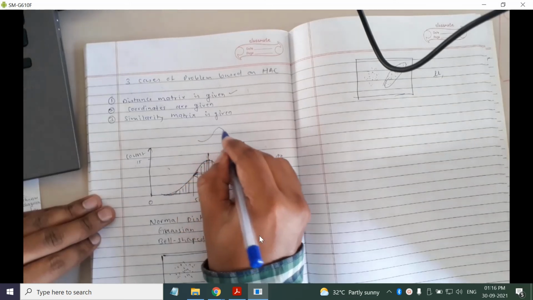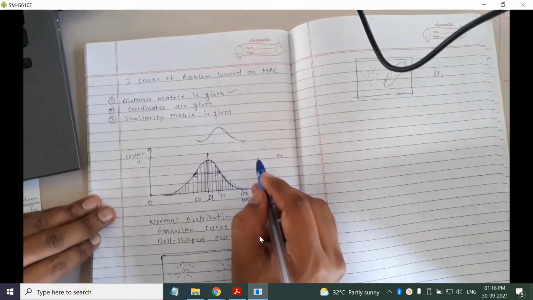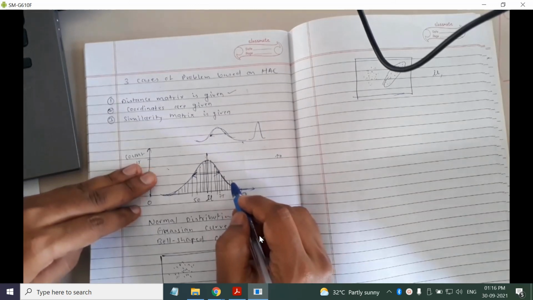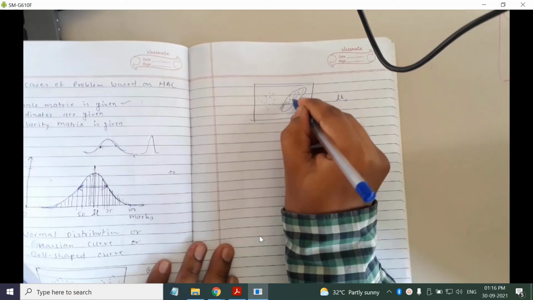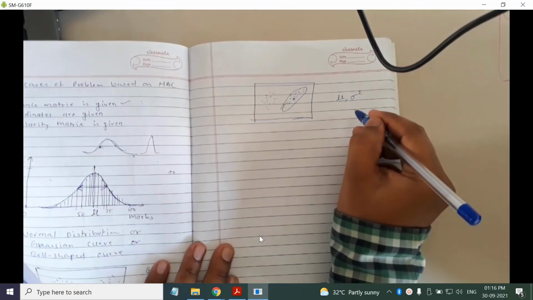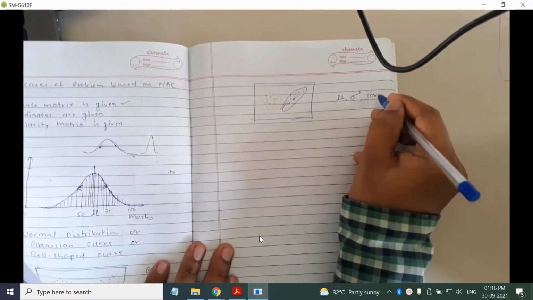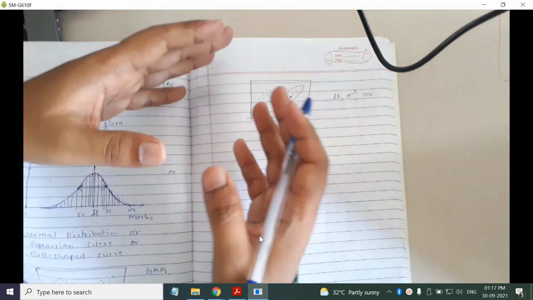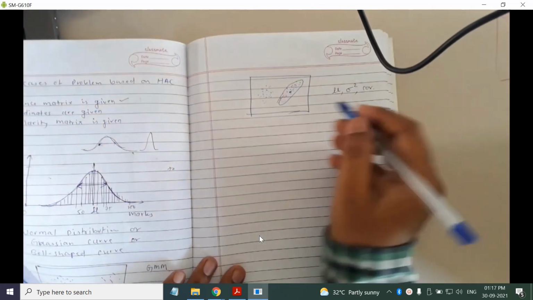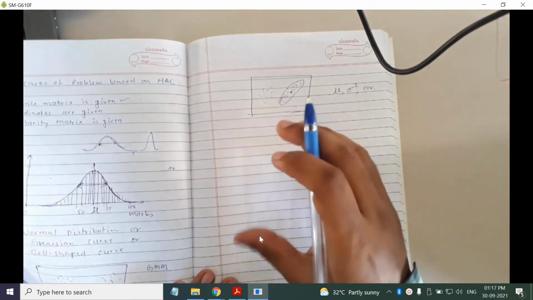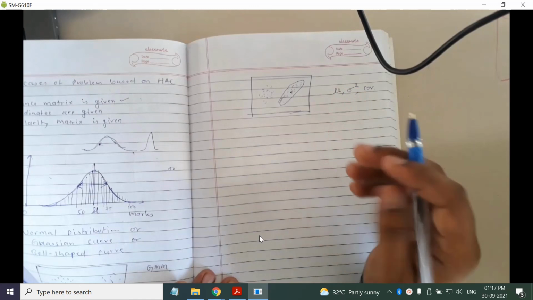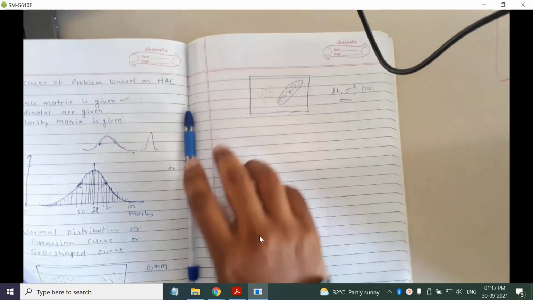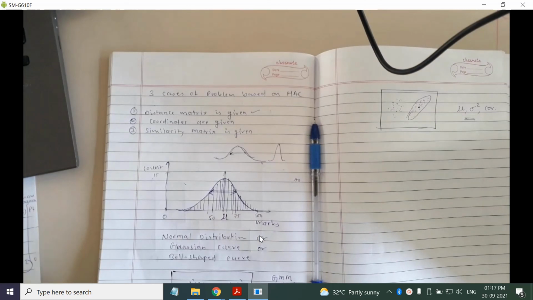How spread out is it? Its standard deviation and variance are higher as compared to this shape. So where its center is and how much its spread is can be controlled using the variance, and its shape can be controlled using the covariance matrix. If the covariance matrix is spherical, then it is more circular. If it is elongated, then near the diagonal elements in the covariance matrix you will have higher values. So with these three parameters I can control the shape of the Gaussian. In order to represent each cluster you have to define one Gaussian curve.